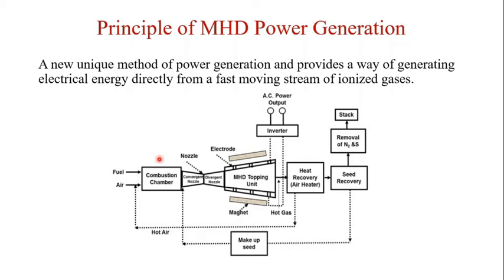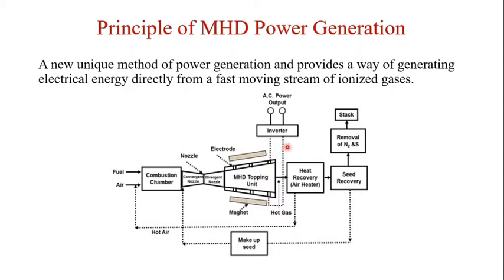The movement of gas ions in the MHD duct, in which a strong magnetic field is created with the help of magnets, leads to electromagnetic induction. Because of this, EMF is induced in the pair of electrodes, and this pair of electrodes is connected to the external circuit or load through the inverter. The power generated by the MHD generator is of DC type. To convert it into AC, an inverter is used.